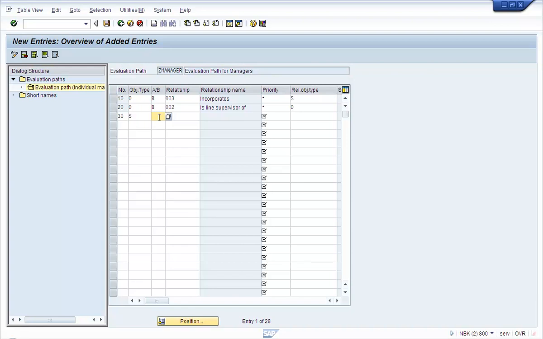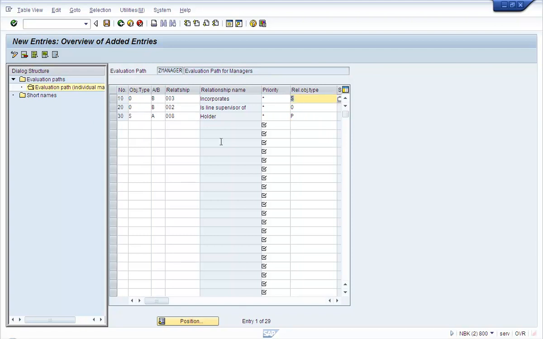So a person holds the position. So the person is the holder of the position. So this time we need to go from bottom up. So A008, which is the relationship for holder and person. So persons holding the position,